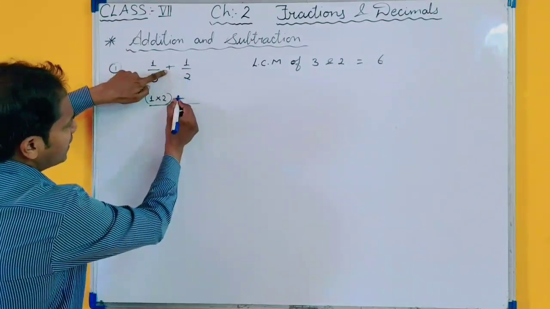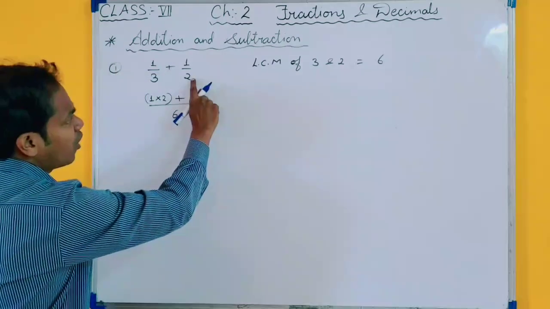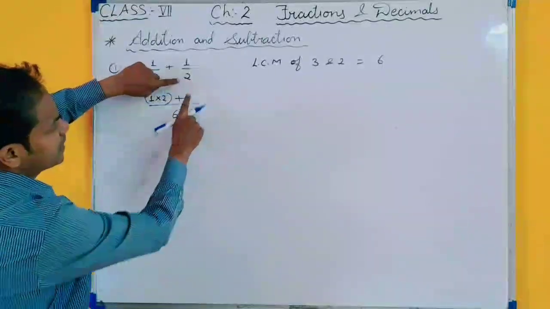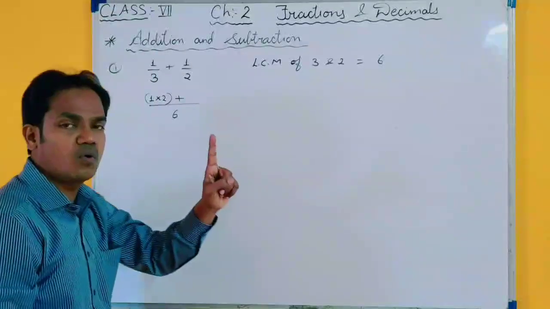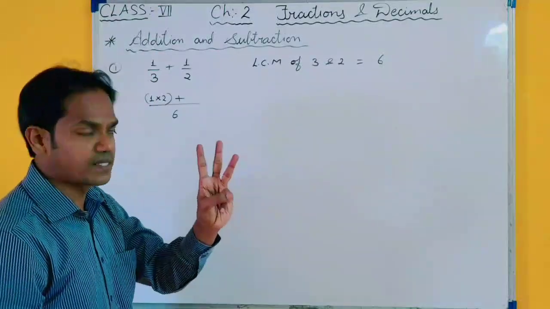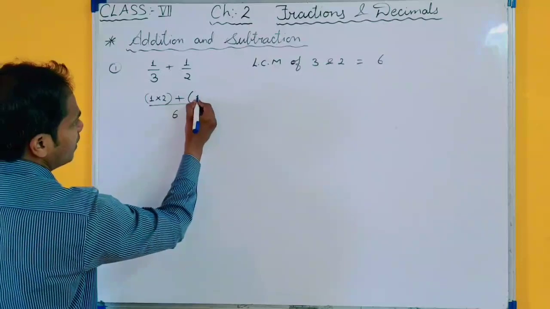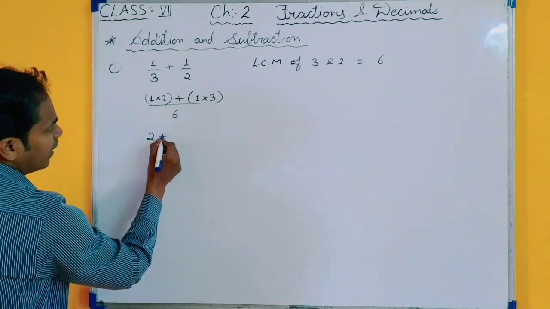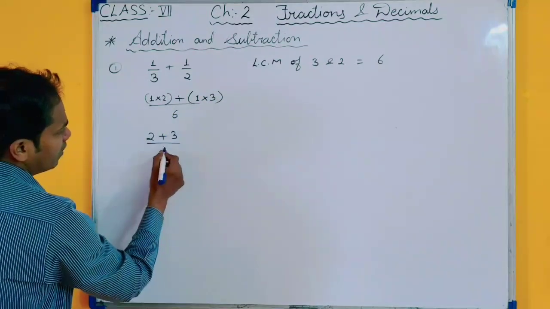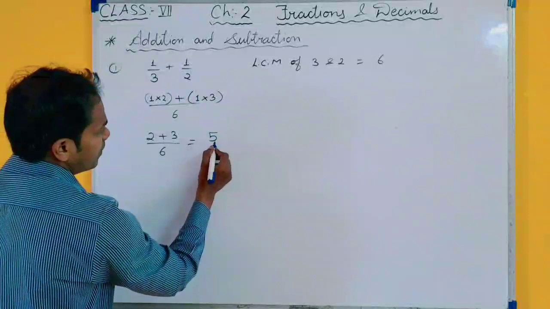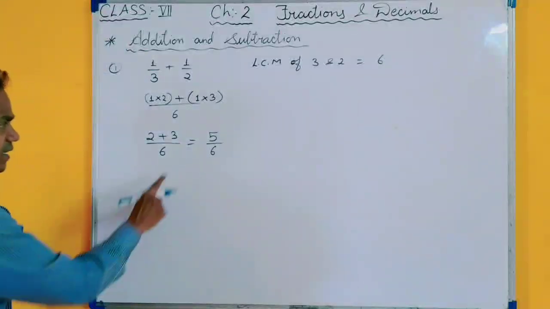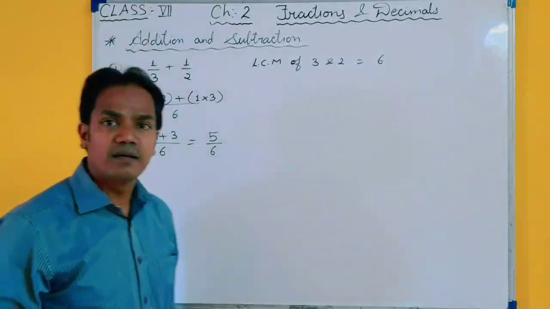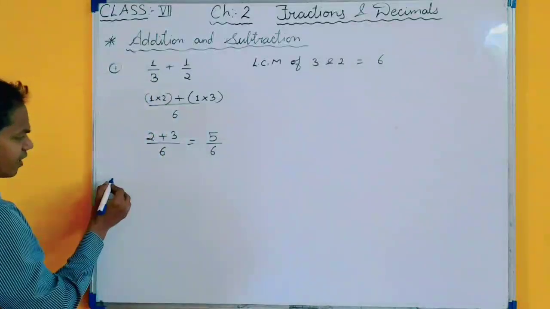Between them, if positive sign is there, then write plus. Now again for this fraction, count how many times your LCM 6 comes in table of 2? 2 ones are 2, 2 twos are 4, 2 threes are 6, 3 times. So your 1 will be multiplied by 3. So 2 ones are 2 and 3 ones are 3 upon 6. This will become 5 upon 6. This is your method. In all the questions you have to apply the same method. Take another example.